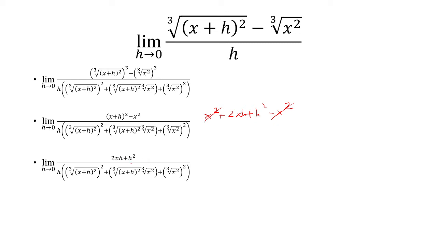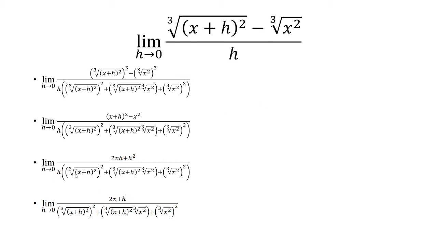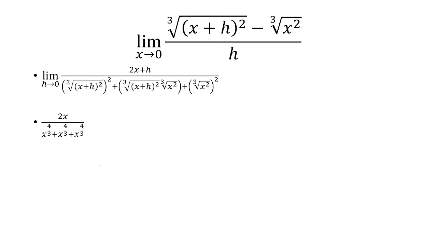Now I can factor out an h, or cancel out the h rather. So I'm going to divide everything by h here. So I'm left with 2x plus h at the top. The h on the bottom is gone. Now I can plug in h equals 0. So this h is gone. So are these h's. So really what I'm left with is 2x at the top, and then the cube root